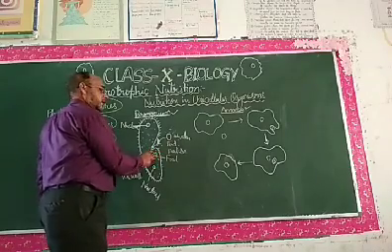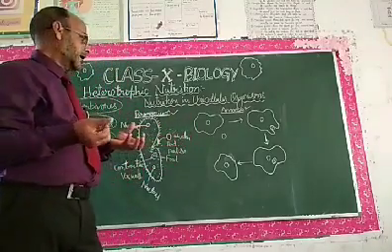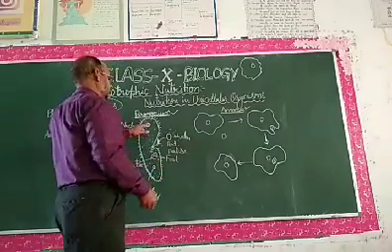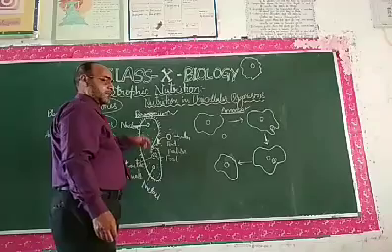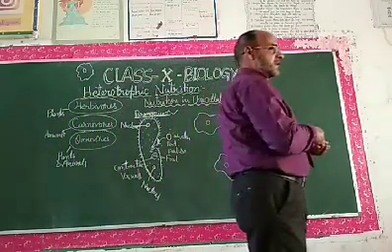In this contractile vacuole, food gets digested and assimilation of food takes place in the cell of paramecium. So you have seen this peculiar type of nutrition in paramecium, and now come to the nutrition in amoeba,